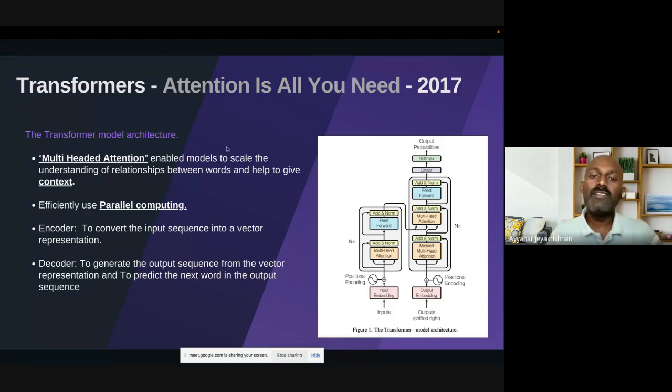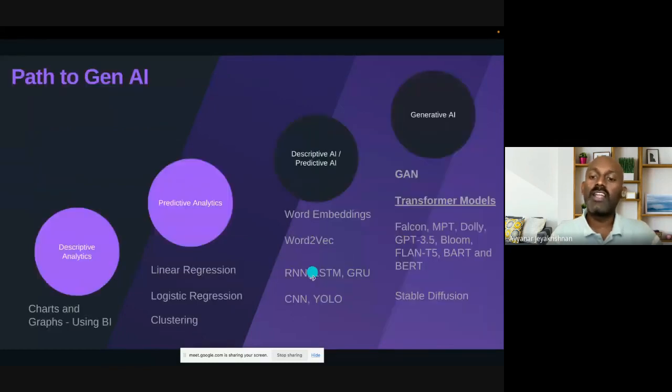And why does it altogether change the game? Previously we were using RNN, LSTM, and GRU. The biggest challenge of those models is that they lose the context. I'm just giving you a recap before going there. They lose the context because the neural network is not scalable enough, and if you want to train any new model, you need to retrain on the whole corpus again. And it's all going in a sequence.